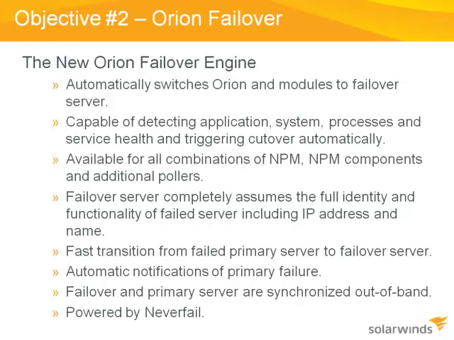The way this works is the failover server typically assumes the full identity and functionality of the failed server, including the IP address. So if you have NetFlow traffic analysis or syslog and traps being sent to the Orion server, you don't have to update all those devices to point to a new location. It assumes the full identity of the primary server. It's a fast transition, so it'll fail over within a couple of minutes, and you have a set of notifications built in. It has its own independent alerting engine